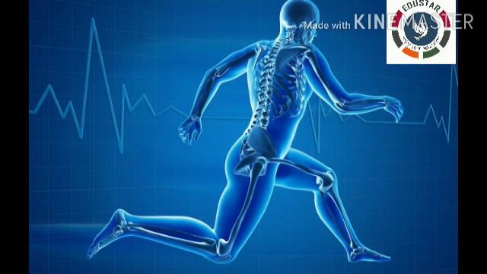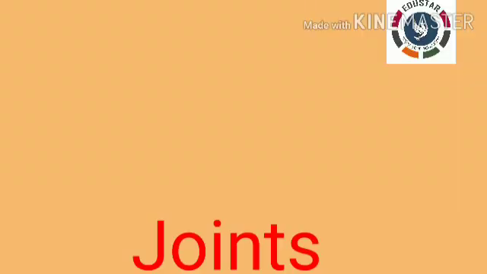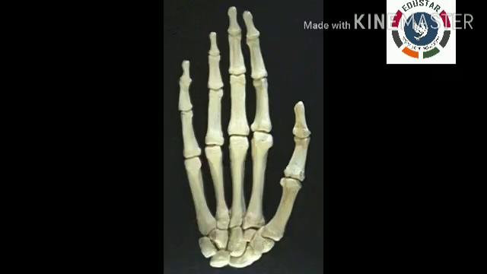Do we have a single bone in our body? No. There are many small and long bones in our body. About 206 bones are there. All the bones are joined to each other. The place where two or more bones join together is called a joint. Due to these joints, we are able to bend, twist, or kick. Examples of some joints are hip joint and wrist joint.